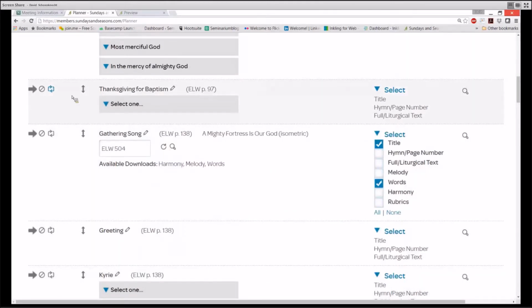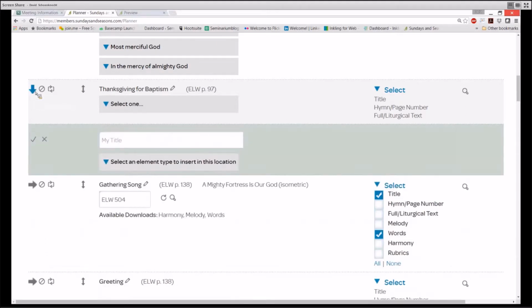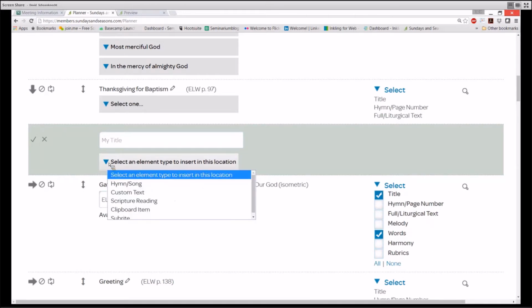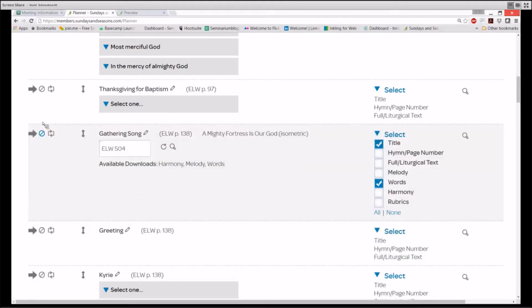To the far left of each service element is another set of actions. Each of these icons allows you to do something different. For example, the Insert New Element arrow creates a brand new service element. You can choose to select any number of items to insert in this location, including another hymn or song, custom text, a scripture reading, an item from the clipboard, or a subrite. I'm going to X out of this service element and move on to the Cut tool, the circle with the